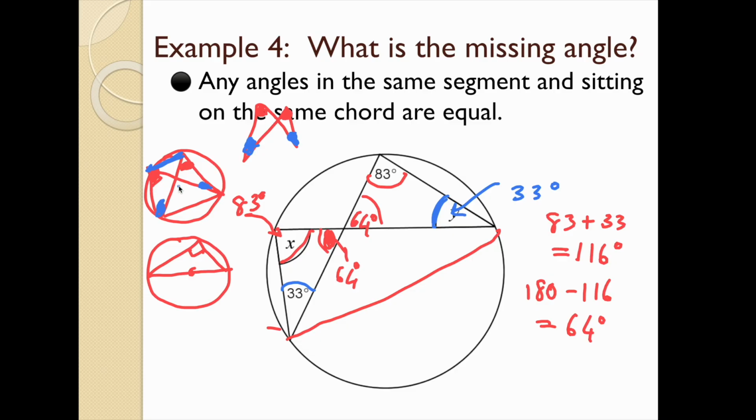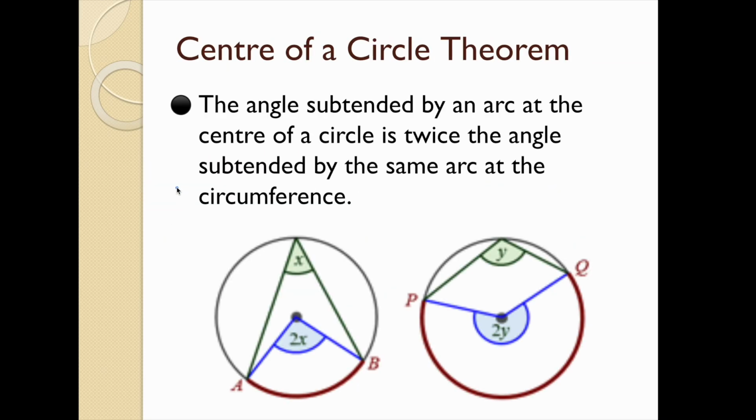Alright, this next one is called the center of a circle theorem. I call this the Patrick, Patrick from SpongeBob. This says that the angle subtended by an arc at the center of the circle, so this angle here, which is closed by this arc,